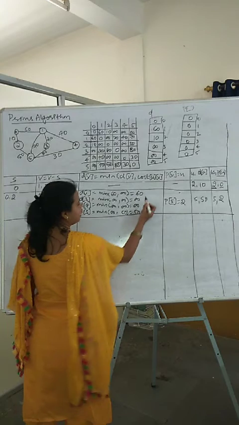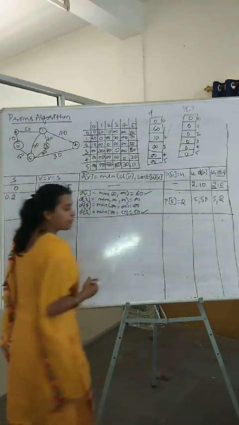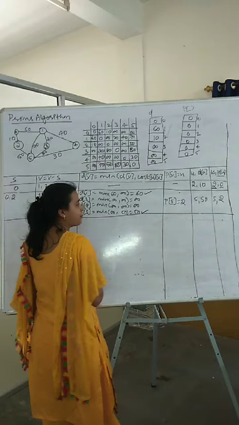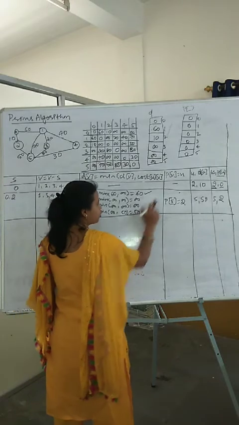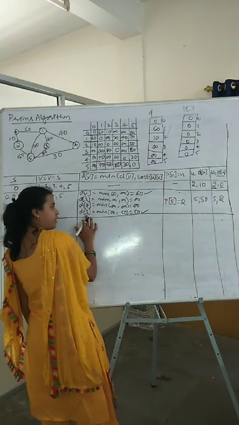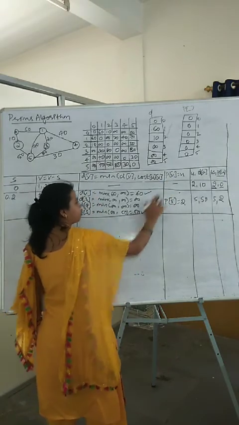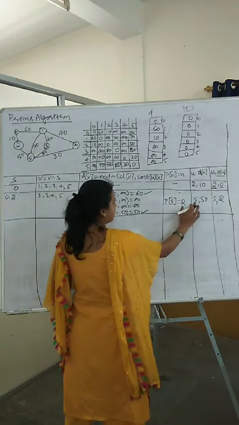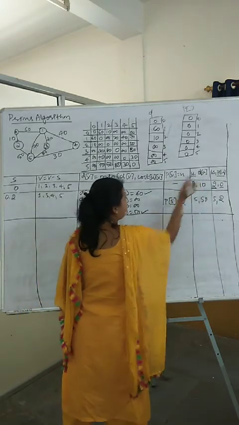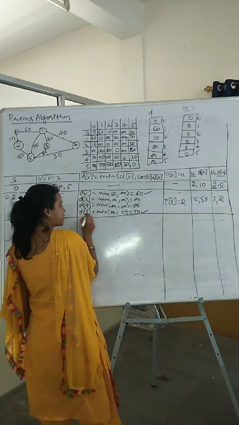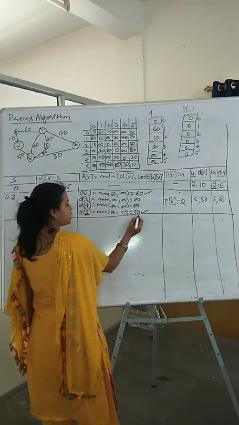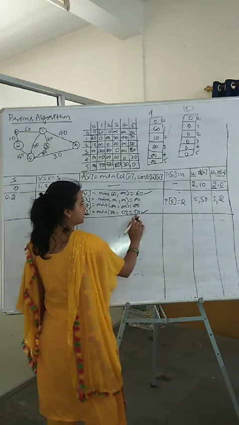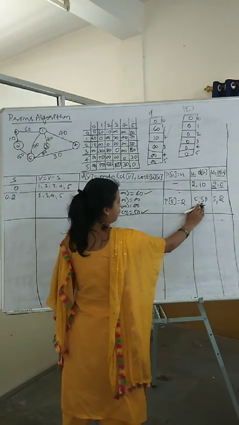Now consider the non-infinity terms. Among these non-infinity terms, which is the minimum? 50 is the minimum. So p of v. What is my v here? 5. So p of 5 is equal to u. What is u I have got? It is 2 now here. What is next? What is this u? u is the index of the minimum. What is the index of the minimum? 5. What is its distance? d of u is the distance 50. So it is 50 now here.